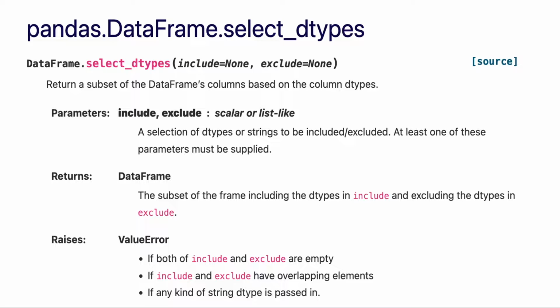In order to select the columns of a pandas data frame based on their data type, we use the pandas select_dtypes method. The select_dtypes method has two possible parameters, include and exclude, that specify based on which data types we want to include or exclude columns from our data frame. The select_dtypes method will always return a data frame containing the subset of columns filtered using the parameters include